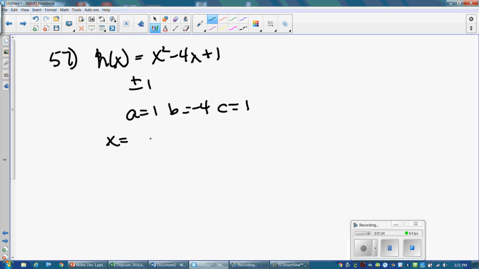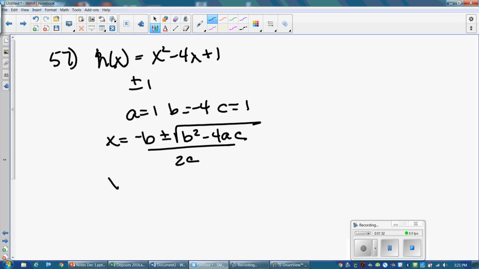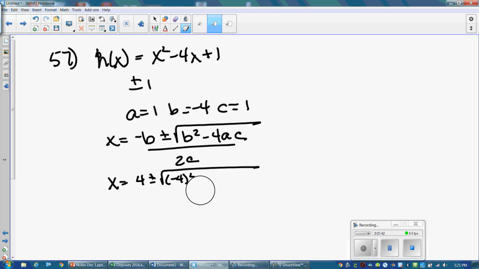So the quadratic formula, in case you've forgotten, is x is equal to negative b plus or minus the square root of b squared minus 4ac all over 2a. So negative b, that'd be positive 4. Then b squared, so that's negative 4 squared, minus